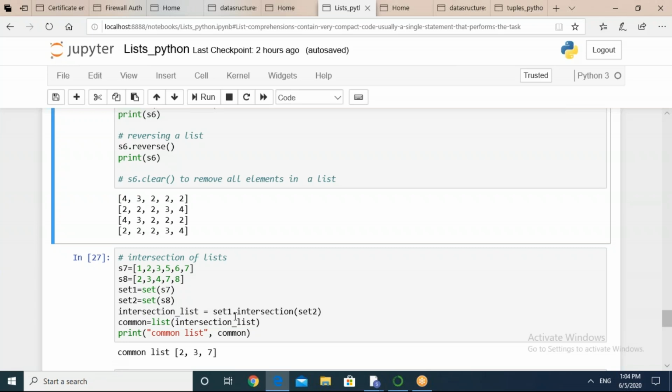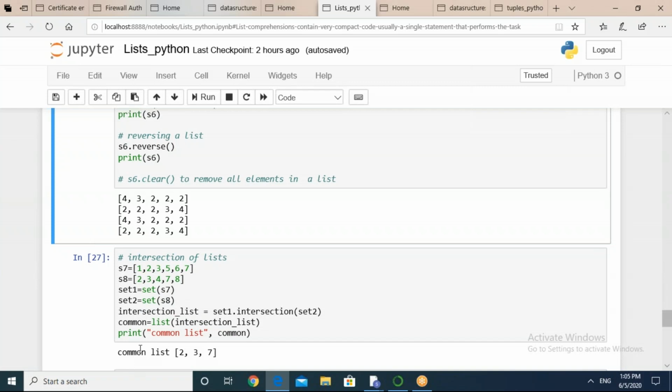And after this, whatsoever result I have received, I want to again convert it back to a list. So you can see over here, I'm using the list method. So set is used to convert a list into a set, and the list method is used to convert your set back into a list. बिकॉज हमारा काम हो गया है, हमने कॉमन एलिमेंट फाइंड आउट कर लिए, अब मैं वापस इसको लिस्ट में कन्वर्ट करना चाहती हूँ, तो इसलिए हमने क्या किया, सेट को वापस लिस्ट में कन्वर्ट कर दिया.